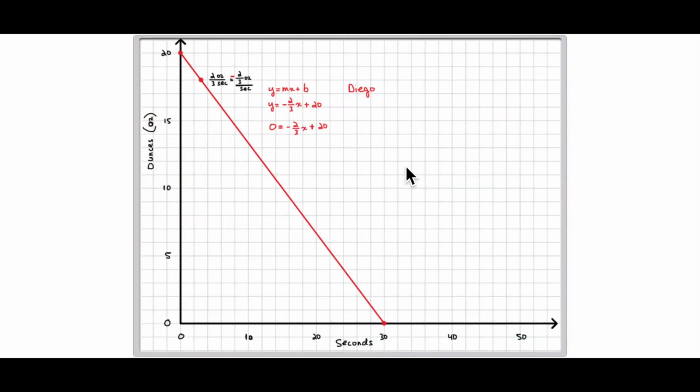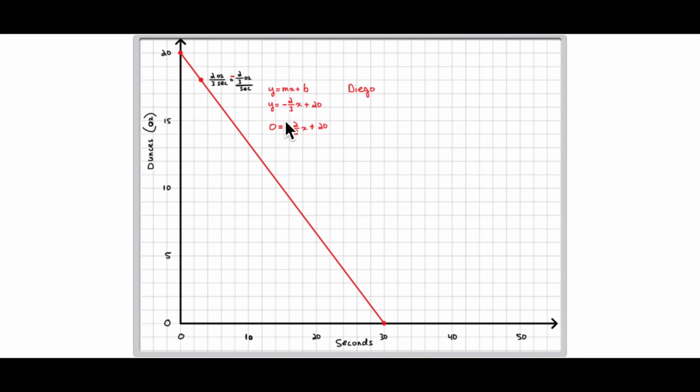To graph each equation, it's useful to look at this rate, a negative 2/3 ounce per second for Diego, as 2 ounces, or actually that's a negative 2 ounces for every 3 seconds. So each grid line for time is 2 seconds. So Diego drinks 2 ounces in 3 seconds. 1, 2, 3. 2 ounces in 3 seconds. 1, 2, 3. And it's also useful to look at the total amount of time it takes Diego to drink